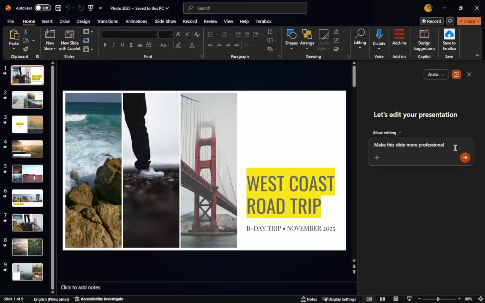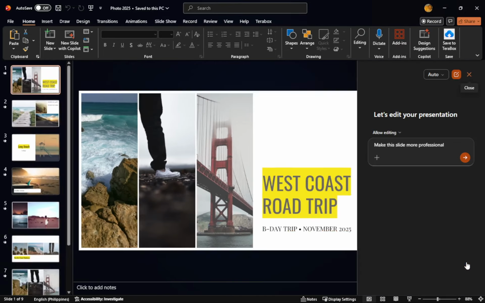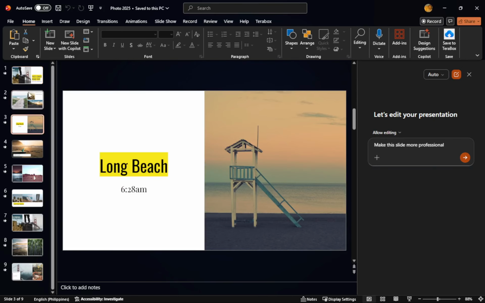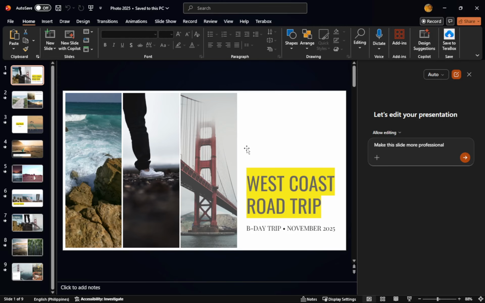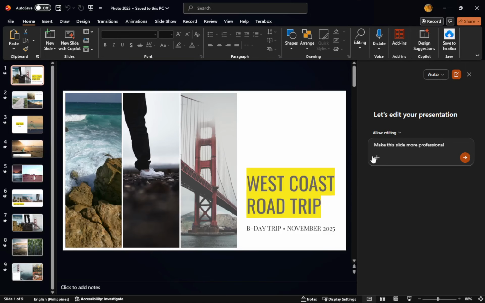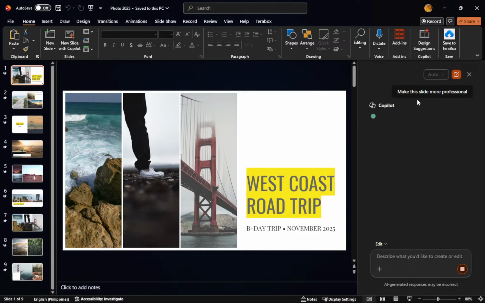For example, you can prompt Copilot by saying, "Create a presentation about digital marketing trends." This will help you kickstart a presentation without starting from scratch. Or you can ask Copilot to summarize this presentation, which condenses the content for a quick overview. Another helpful prompt could be, "Add a slide about project risks," allowing you to focus on specific content areas. You can even say, "Make this slide more professional," to enhance the overall appearance of your slides.